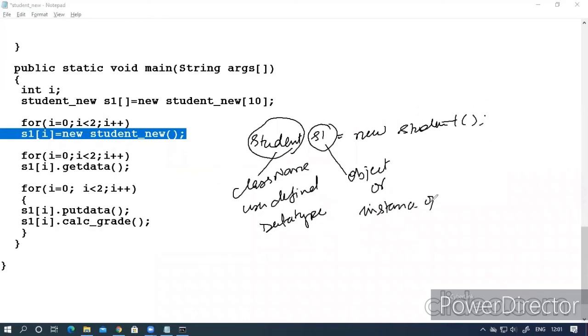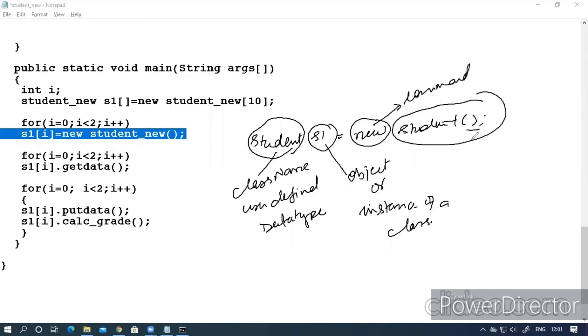Instance of a class, these are the 2 words which we use for this. This is the new command. You can say this is a command. And this is my class name with parenthesis. This is the default constructor.